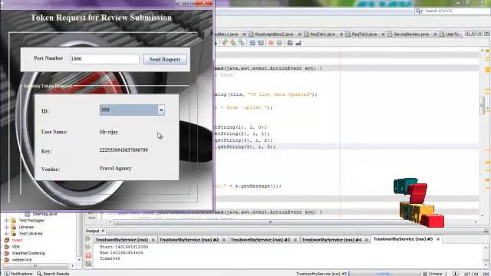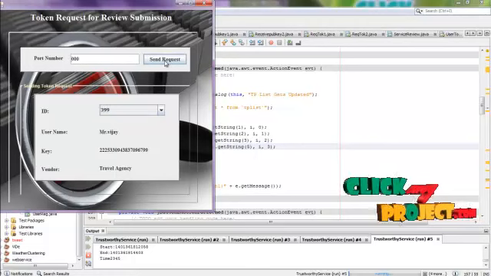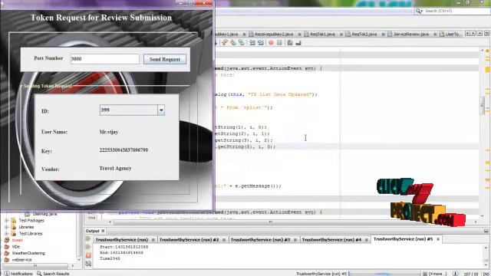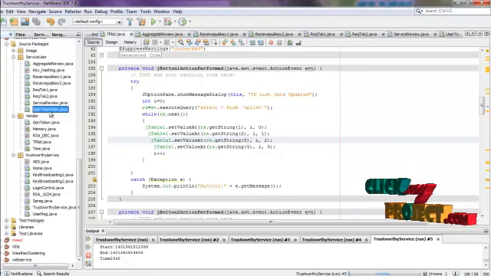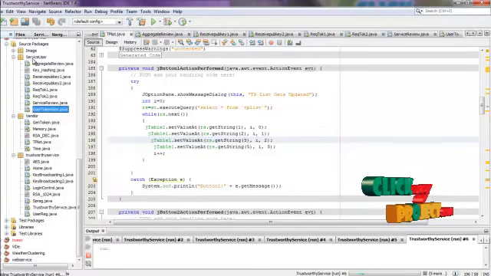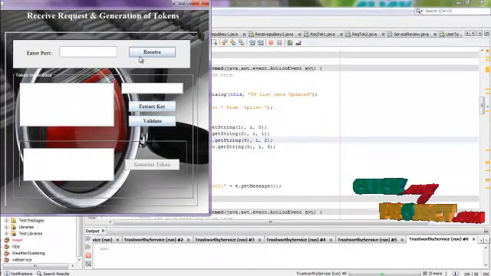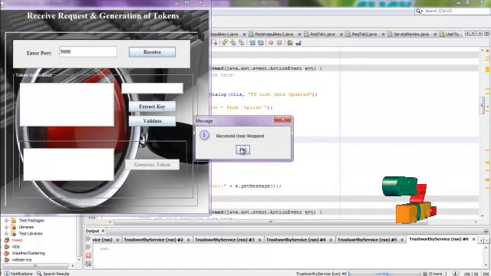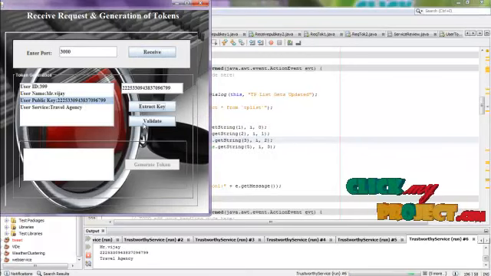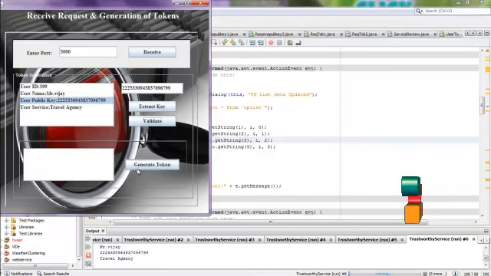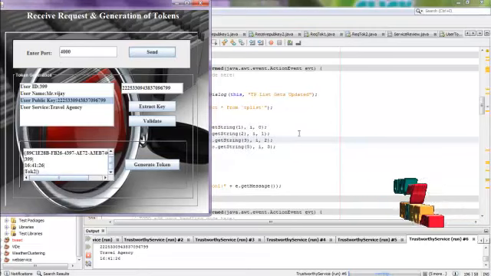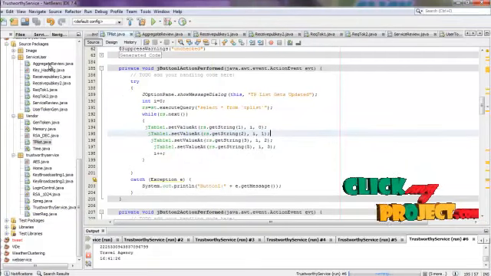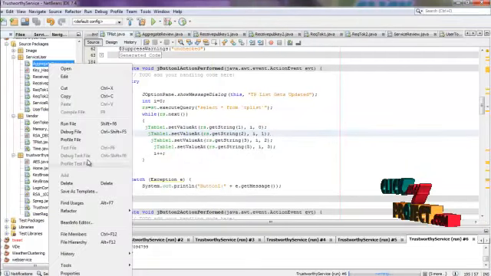So after this process, we can change over to the next second user's token request and just change the port number and send this token request to the first user, so that we should run this user's token generation from service user package and just type the same port number to receive the token request of first user and just validate its request using the public key and then generate the token for the second user, and then this generated token has to be sent to the requested second user and then run this aggregate review.java from service user package